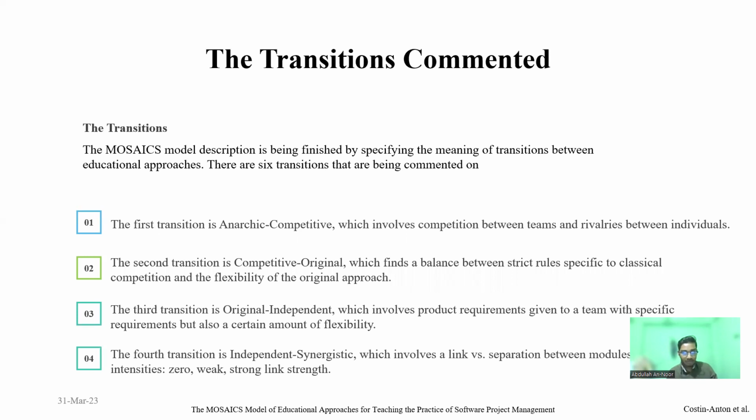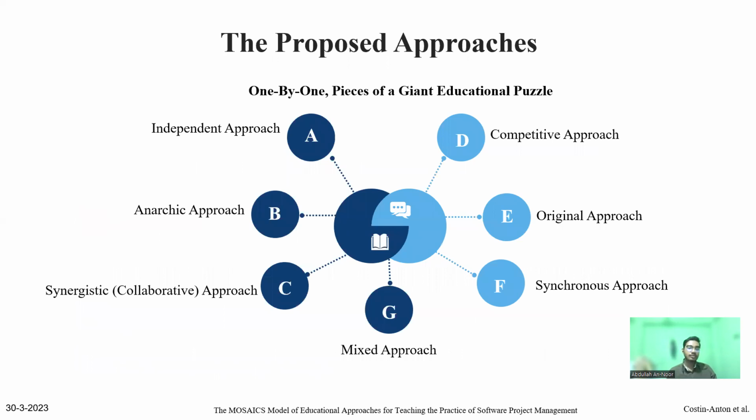The transitions commented. The MOSAICS model includes six transitions between educational approaches, each with its own specific characteristics and balance of flexibility and rigidity. The proposed approach. In considering approaches to problem solving, there are seven different options available. This includes the independent approach, where individuals work alone,